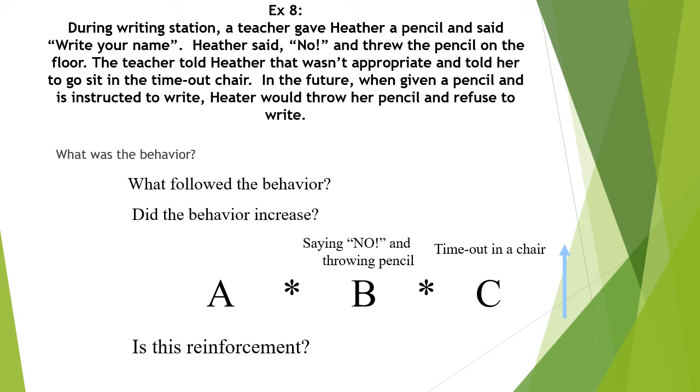Actually, excuse me. If you said it's negative, you'd be correct. This is not positive reinforcement, it is negative reinforcement. Why? Because it removed her having to write. So good if you caught that. Tried to throw you off there, right? No, it was me. It was an honest mistake. The point, though, is this is negative reinforcement because it removed the writing requirement.